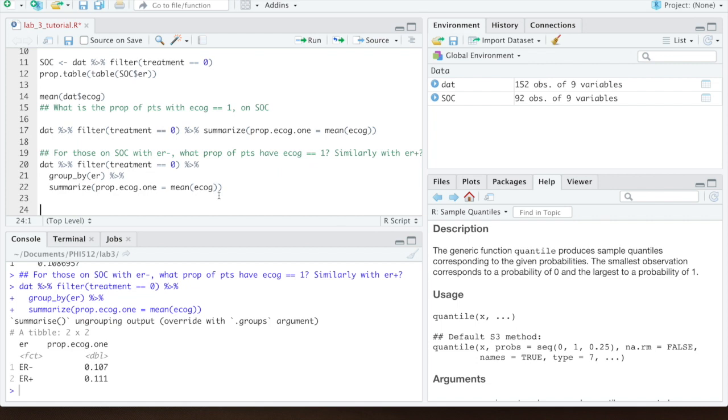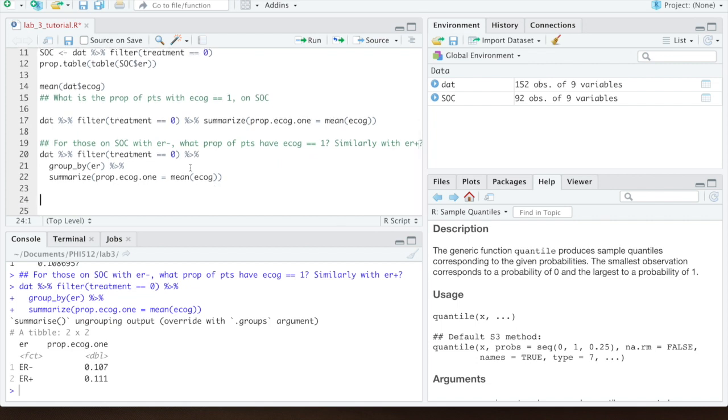If I didn't want to be so sneaky about it, I could have used the filter command in the following way. I could have said, okay, let's filter such that treatment is equal to 0, and let's also filter such that ER is equal to ER minus. And one thing to note here, ER minus has to be in quotes, because I want it to equal this exact set of characters. And when you're trying to specify an exact set of characters like this, again, you need quotes around it. So if I did this, and then I added this summarize command,